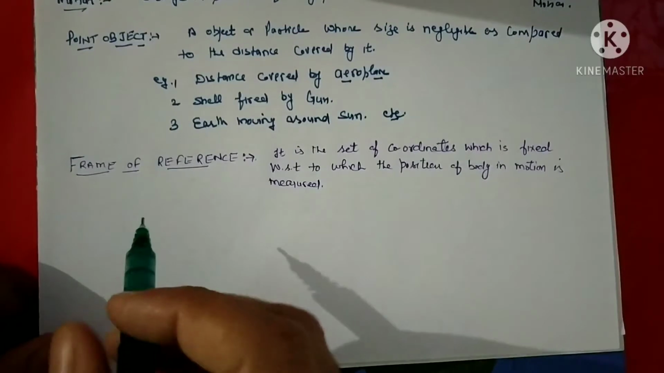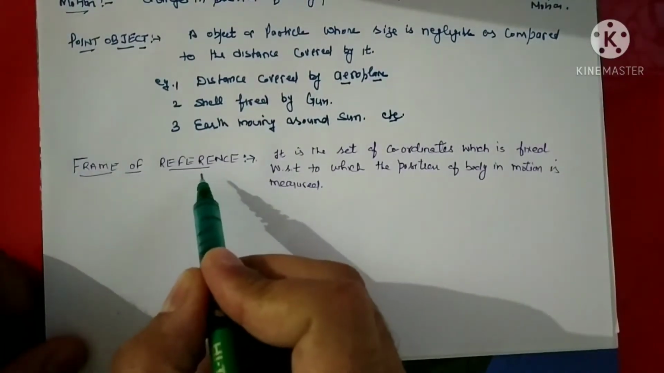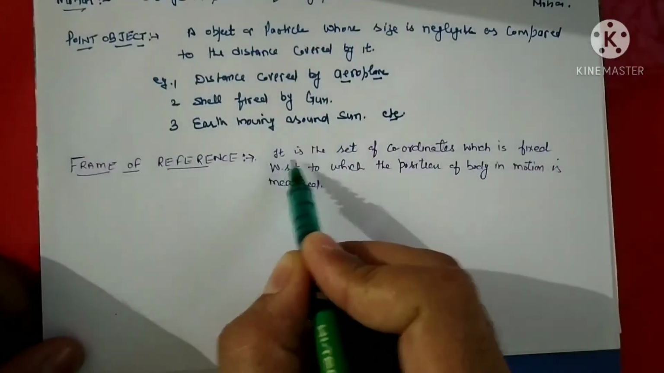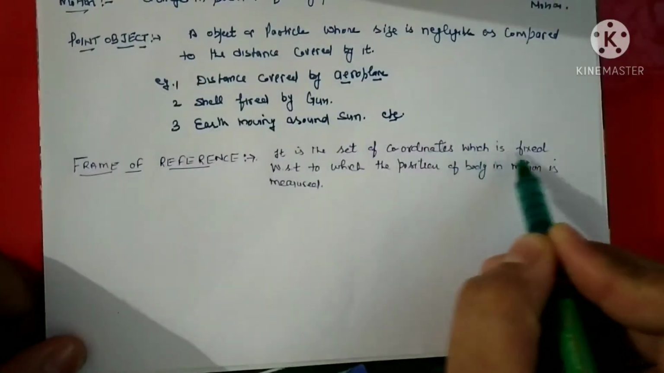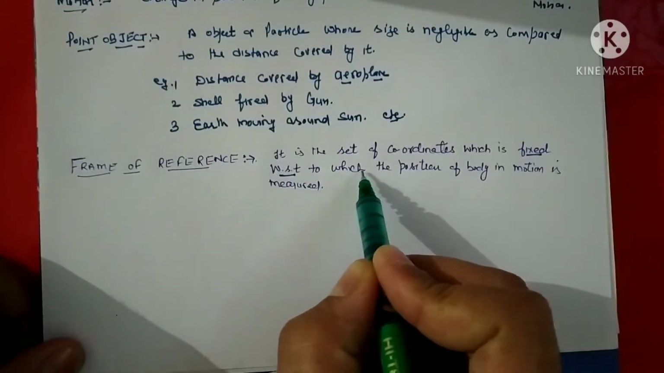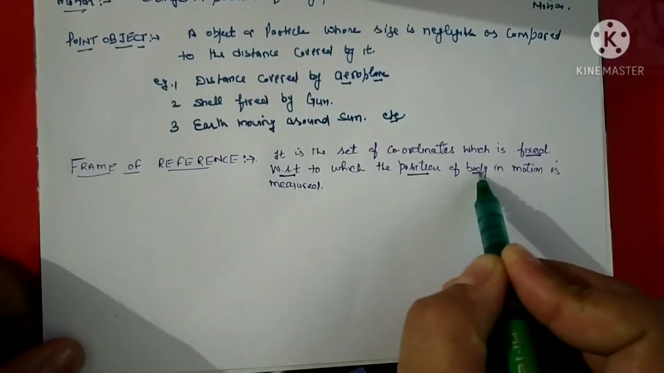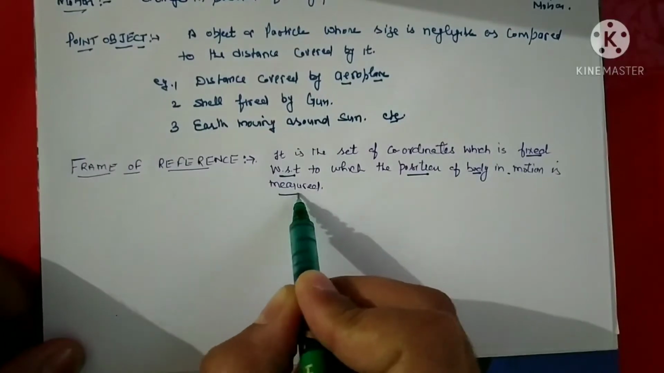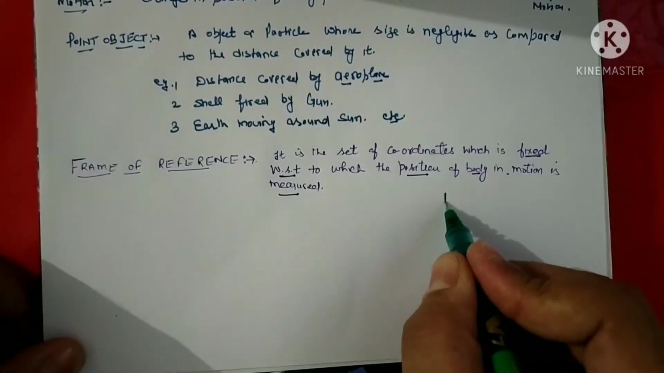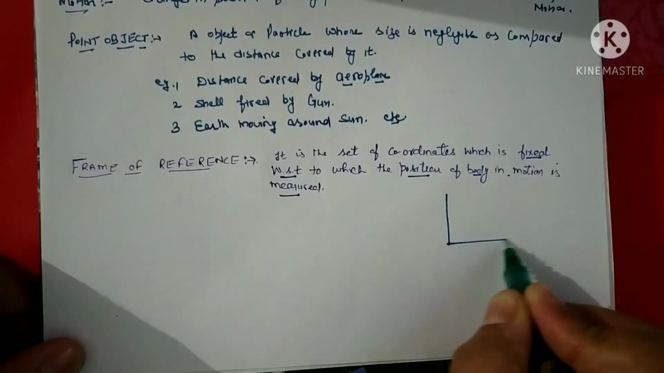Next our point of discussion is frame of reference. So what is a frame of reference? It is a set of coordinates which is fixed, with respect to which the position of a body in motion is measured. It is a set of coordinates. You know that